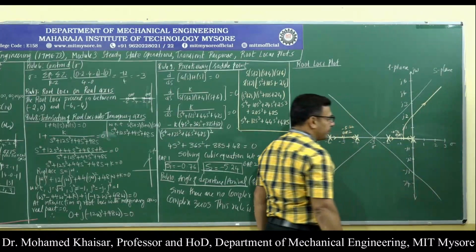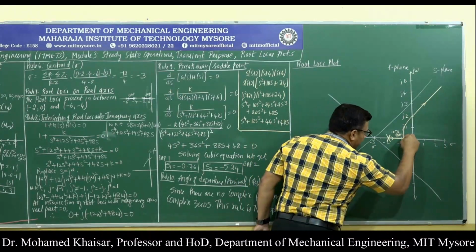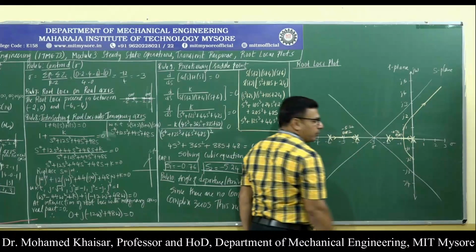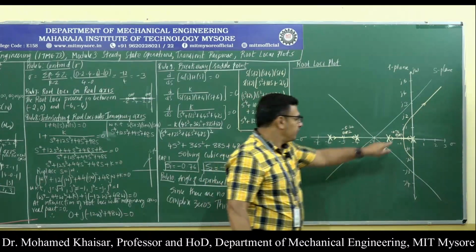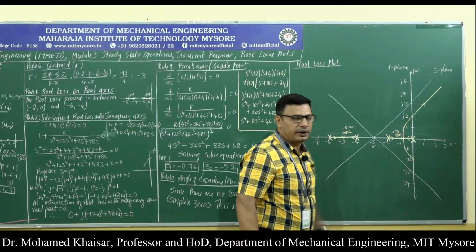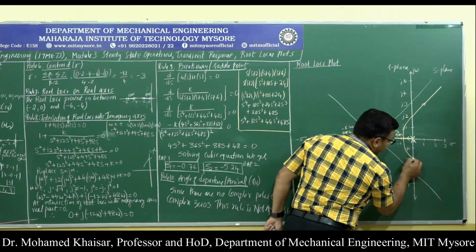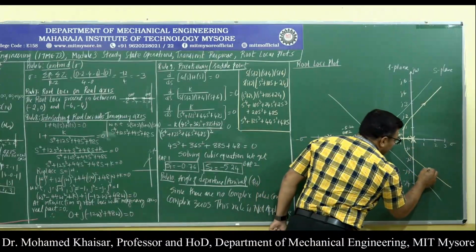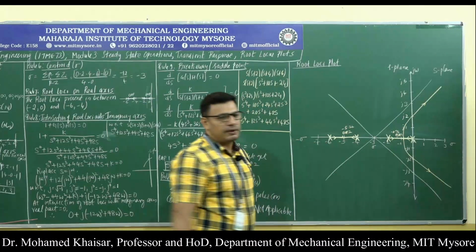Till infinity. Then from this breakaway point, again I will have to draw a curve to minus J2, because this is where the branch of root loci is going to intersect, and then again I will have to extend it parallel to the asymptotic straight line. Till when? The branch of root loci is going to travel till infinity.